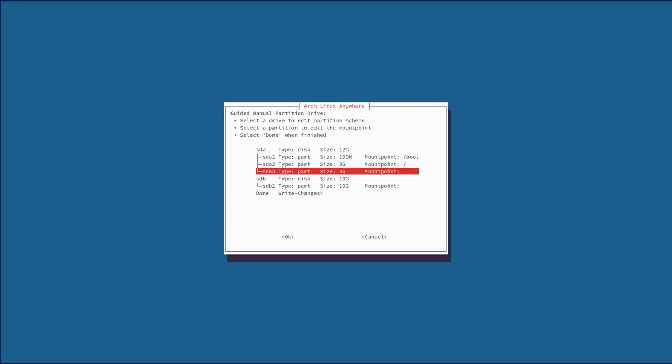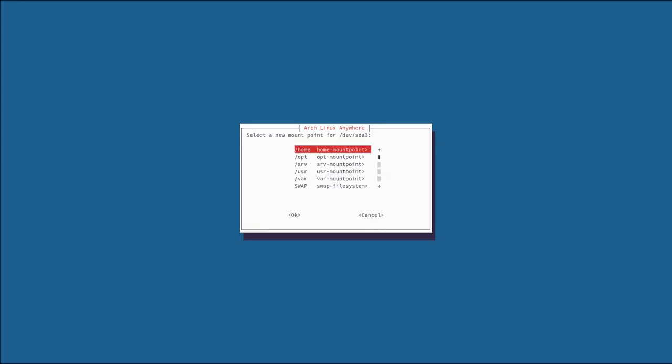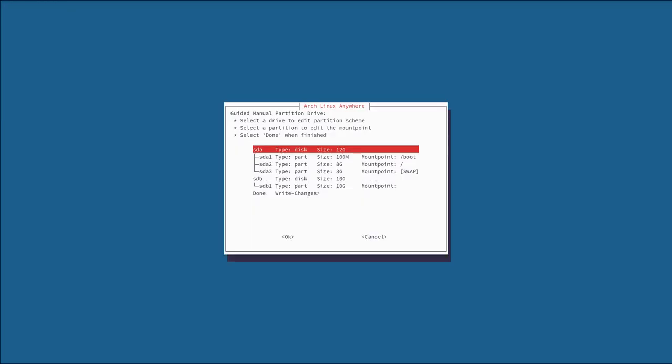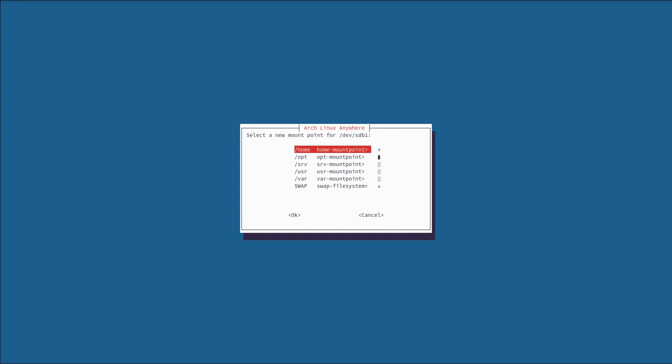Okay, so we wanted to make this our 3 gig swap, so it's a pretty big swap space, but it doesn't really matter, so we'll go ahead and edit, and then we're going to scroll down here to swap, confirm 3.9 gig swap, write changes, there we go, we got our swap enabled, and then we wanted to make this our home, so we'll go to that, edit,